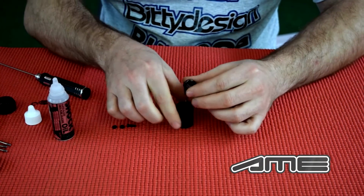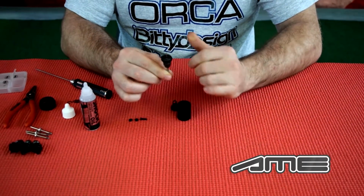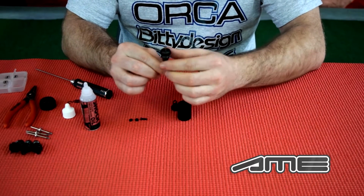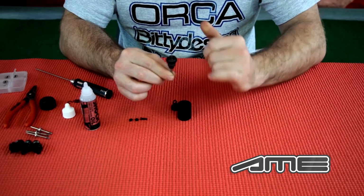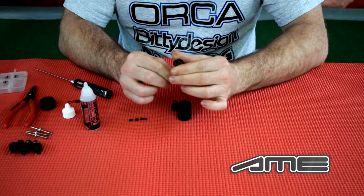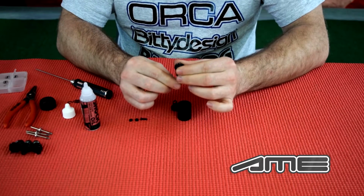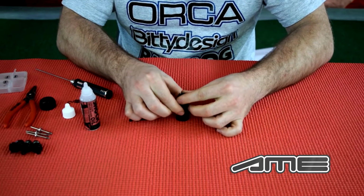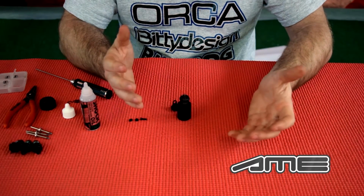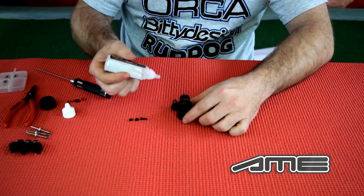Fill it up, and of course you need to get the bubbles out. The bubbles are normally at the bottom between the O-ring and the housing, so the oil needs to go into that area and the air needs to go out. So move it up and down a little bit to get the big air bubbles out. And normally you should use a vacuum pump, an electrical one like Pink Arrows, or a right version where you pump it manually to get the air out. Then make sure to fill it up,